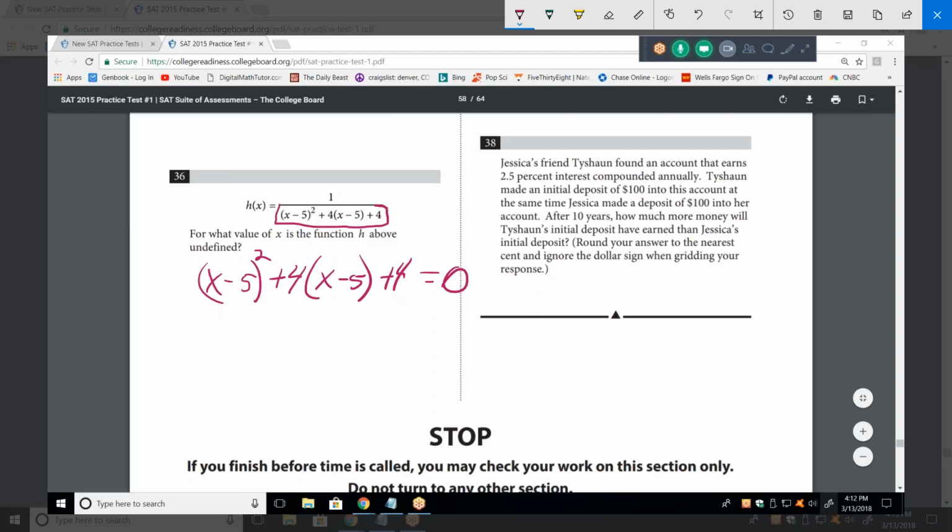At this point, you just kind of have to do the math. If you get this far in realizing that, then I'm sure you can do the math. The math I'll do quickly. All I'm doing is expanding that and distributing that,